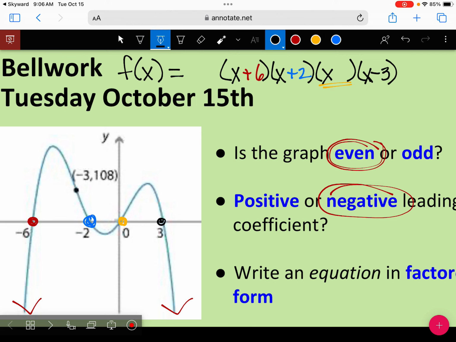This is missing one thing, though, to get full credit on the test. Anybody know what I'm missing? Nope. The -1 in front. Anytime this is a negative, if this is a negative leading coefficient, you might want to